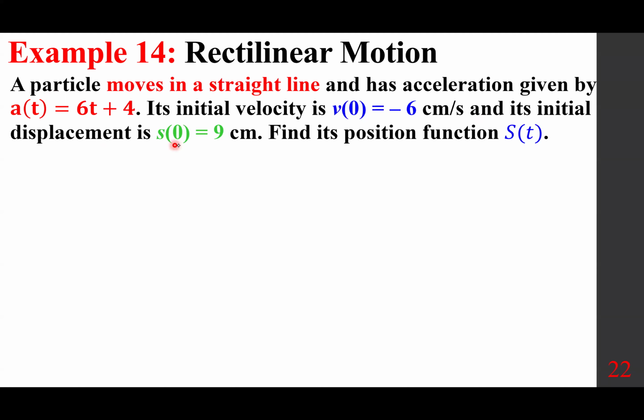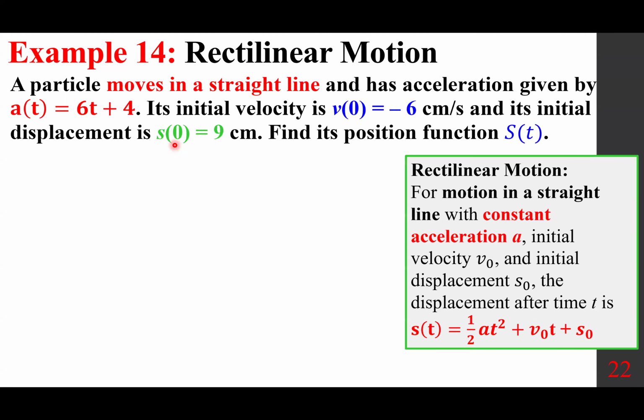So what is the rectilinear function? By the way, the derivative of the position function is the velocity function, and the derivative of the velocity function is the acceleration. Okay, so rectilinear motion: for motion in a straight line with constant acceleration a, initial velocity v sub 0 and initial displacement s sub 0,